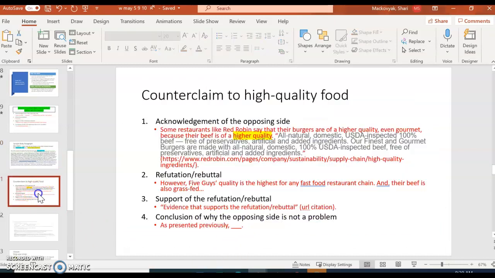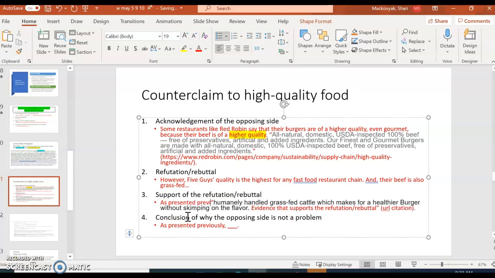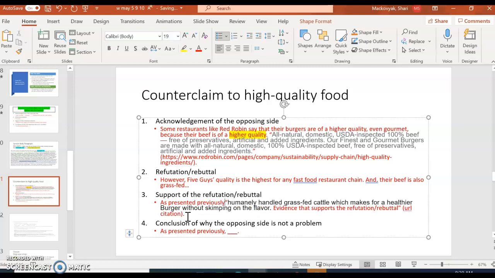So I'm going to Control C. I'm going to Control V. I'm even going to say as presented previously because I already cited this. Five Guys meat is humanely handled grass-fed cattle, which makes for a healthier burger without skimping on the flavor.